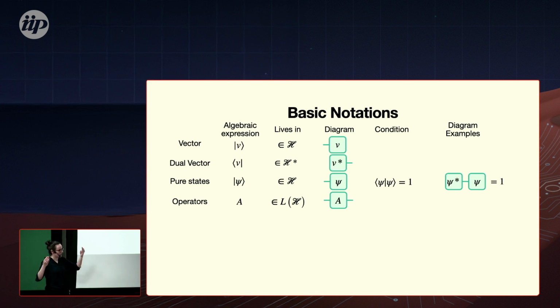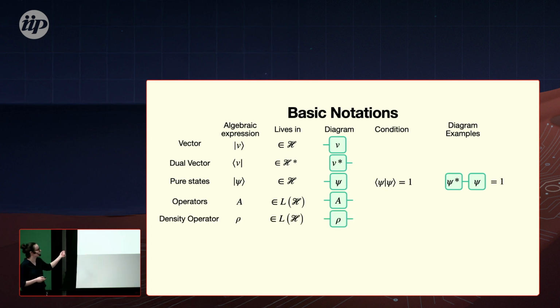Going a level up, we have operators. Operators are actually linear maps, taking elements from a Hilbert space and spitting out elements that live in the Hilbert space. And so I denote this as L, so the linear functions on H. And now we have, as I said, one input, so this would be the right leg, and then we have one output, that is the left leg. So now there are two indices to sum over. That's an operator. And we again have special cases from that.